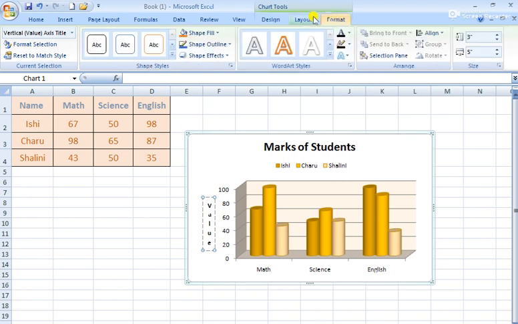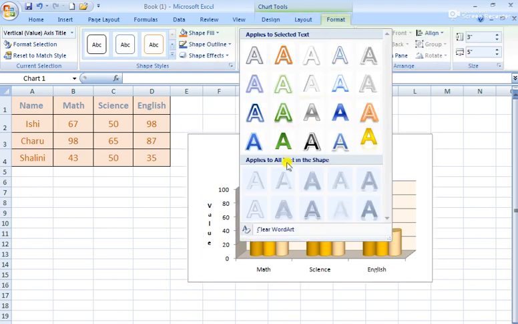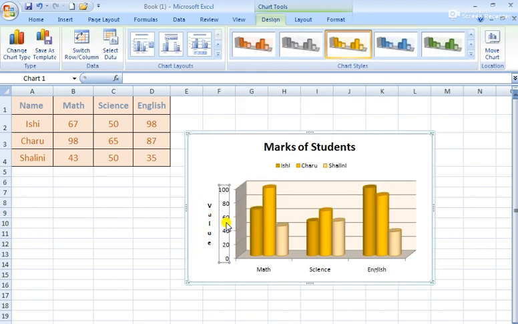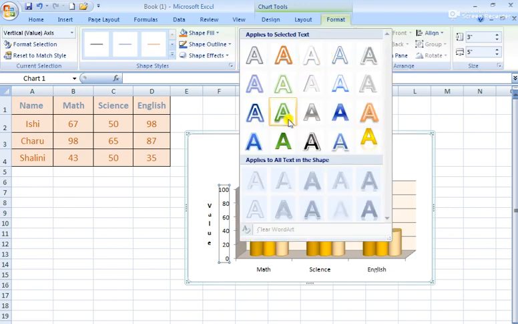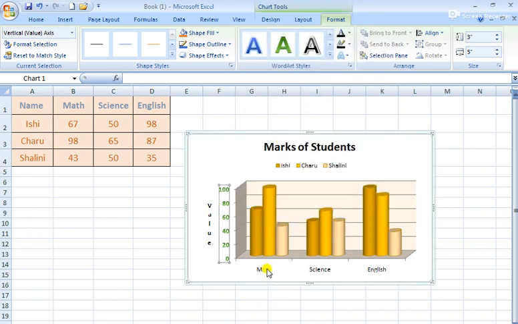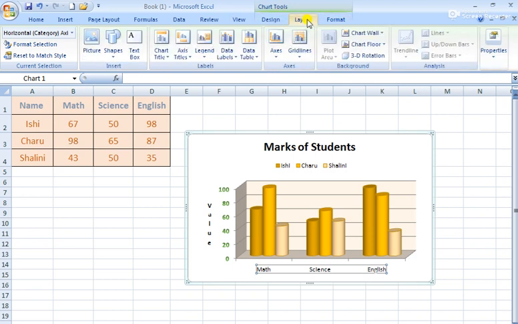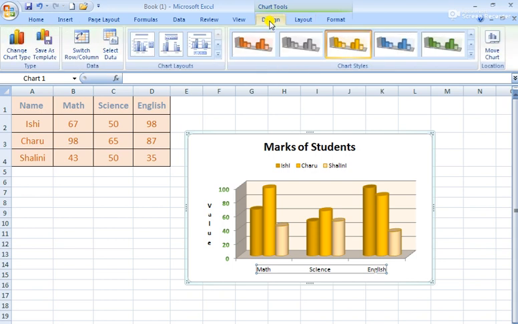Then format, from here you can do the formatting of text, any of the text, whatever is selected. Suppose I have selected this frame of values, and then I will go to format and here I can select the value, this one. So in this panel, I only need to click on that frame that is selected. Then from formatting I can do the formatting. By layout I can design the labels, the contents, whether you want to display it or not. Then the design means the design of this chart.